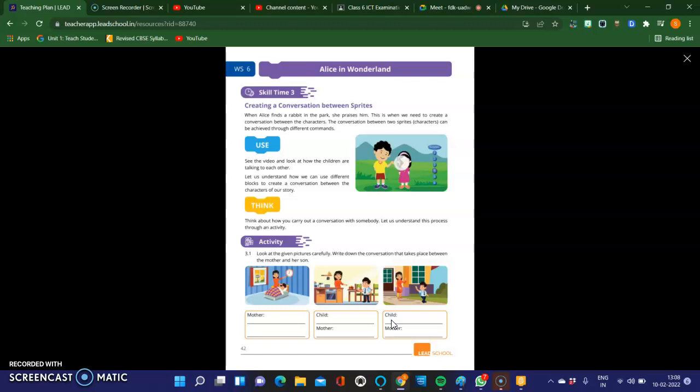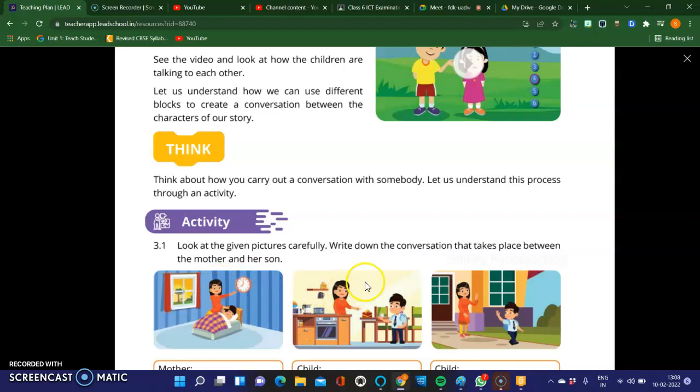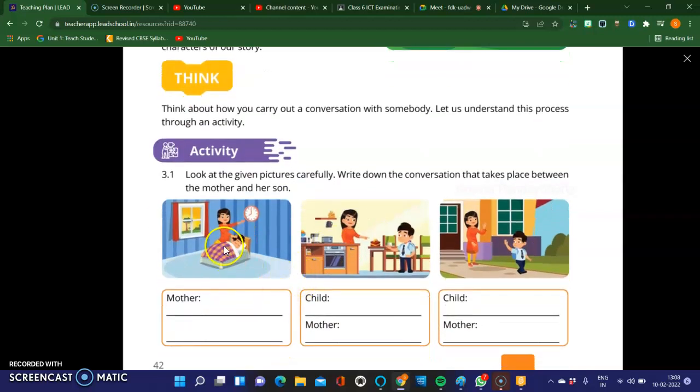Now when you come to page number 42, you can see the activity over here. Look at the given picture carefully. Write down the conversation between the mother and the son. So from your own mind, whatever you think, you have to see what the conversation will be. What the mother is saying: "Get up, son. It is 8 o'clock." Then what is the mother saying? The child is saying,